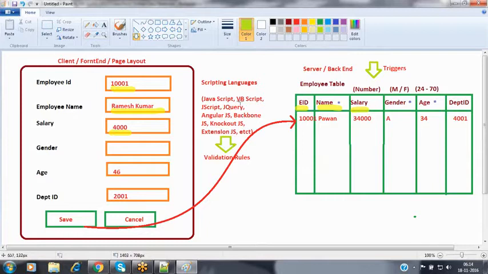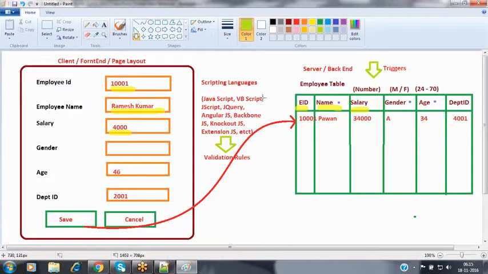But complex validation rules, like database duplication checks, we can implement with the help of triggers. Why? Because we have to go to the database table first and make a query to verify, with this username and this employee name, whether any employee record exists or not. For that, we have to enter into the table and get the data by using SQL queries. By fetching the data, we can validate that. But by using validation rules, we cannot execute any SQL queries. So for that, we have to go with the triggers.